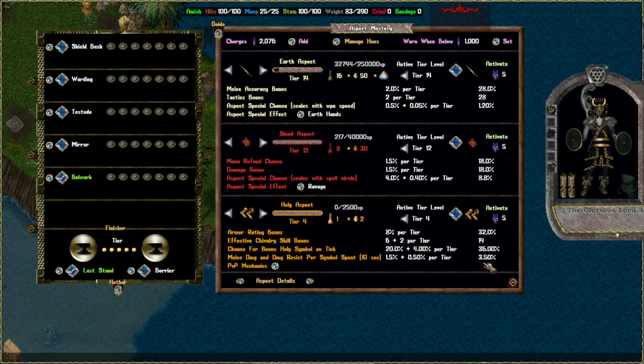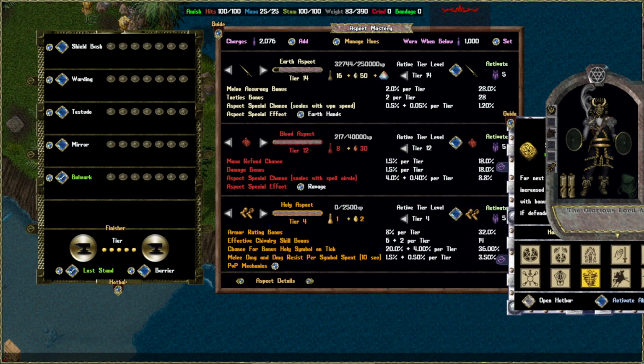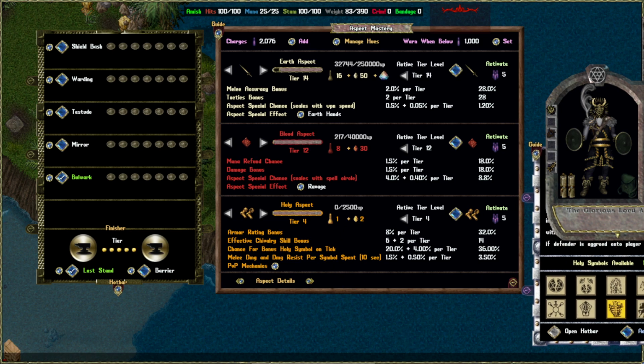I'm only tier 4, and it's 3.5%, but I'm pretty sure that stacks. So if I were to do Divine Fury, it uses 4 symbols to cast that spell. So you do 3.5 times 4, which would be 14% damage resistance at tier 4, which is kind of bonkers,